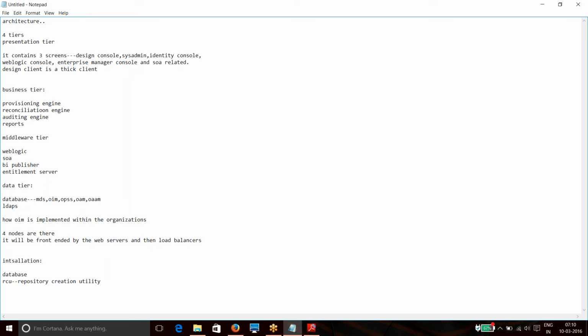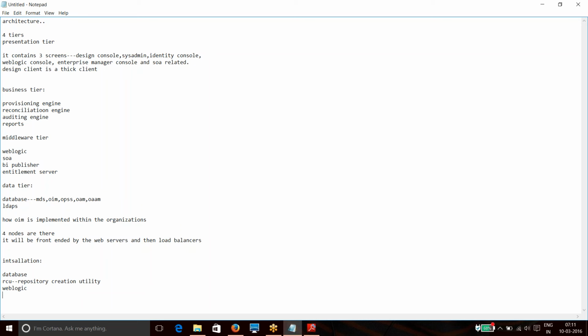Normally in the dev servers, OIM people do it themselves. But for SITs and productions, a specific DBA team will be there, and we need to assist them in creating the RCUs. Most of the time it will be handled by the DBA teams. We just need to ask them if there is any issue or if they need any support. And the next part is that we need to have a WebLogic application server.